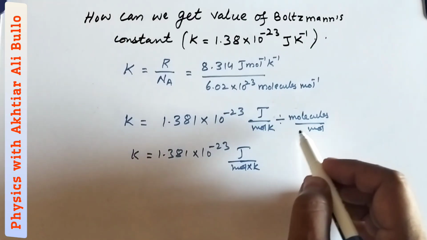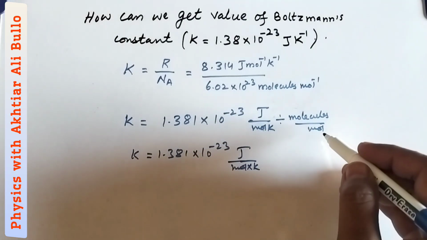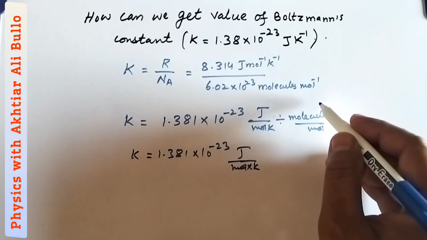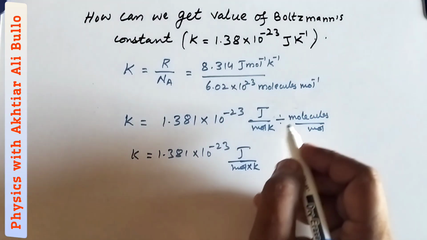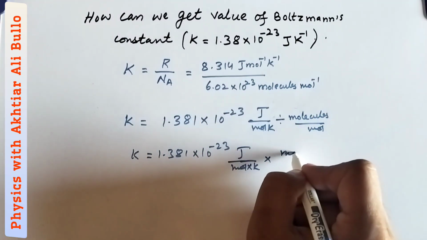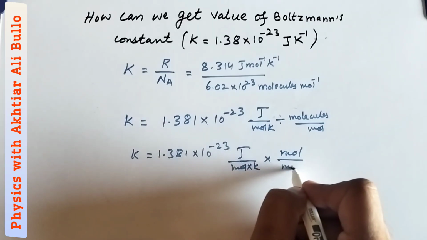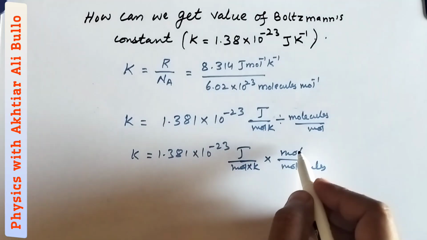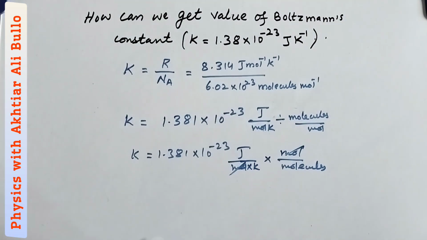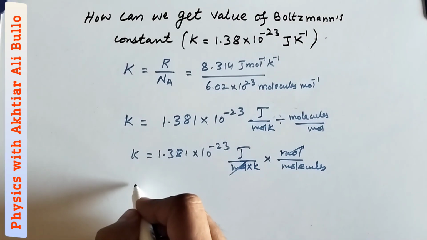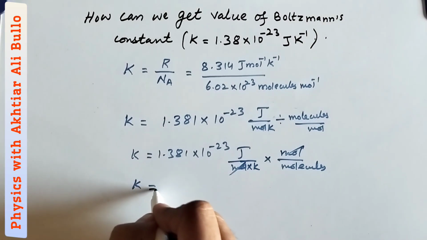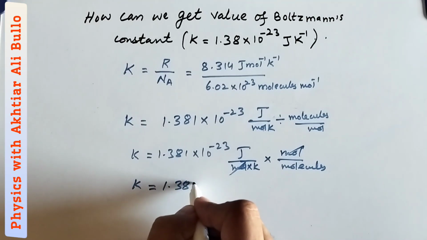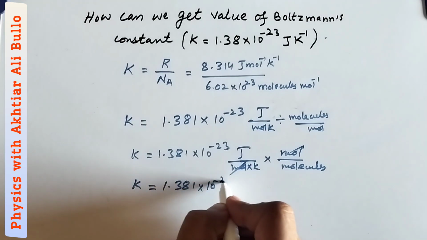When we change the division, the value of the denominator will be in the numerator and the value of the numerator will be in the denominator. So it will be mole upon molecules. So mole will get cancelled with mole. So the unit of the Boltzmann constant, K will be equal to 1.381 into 10 raised to the power minus 23